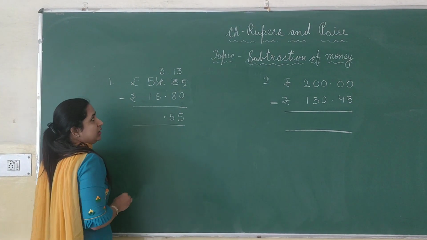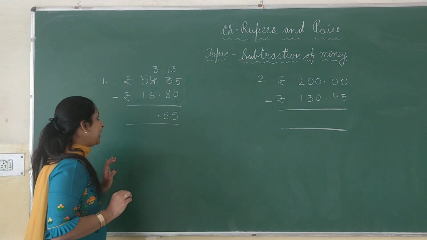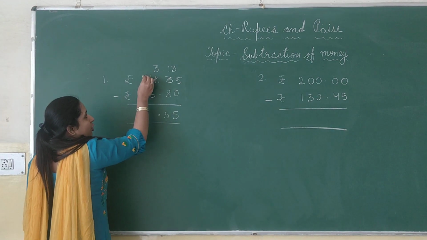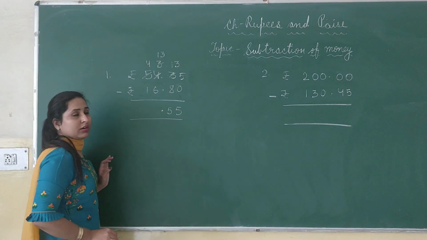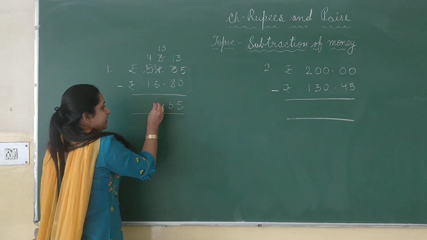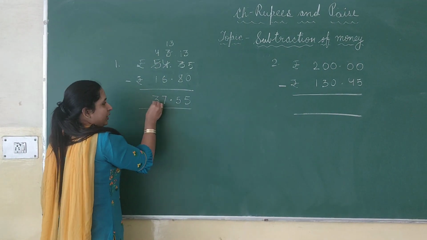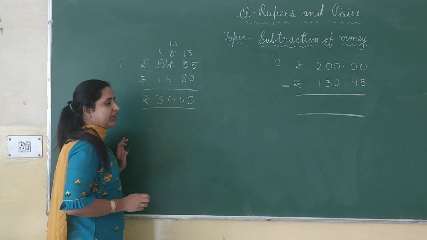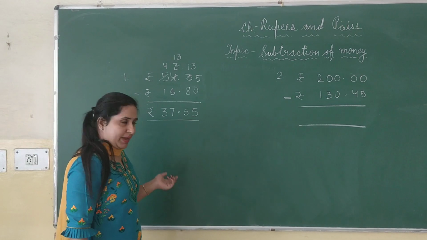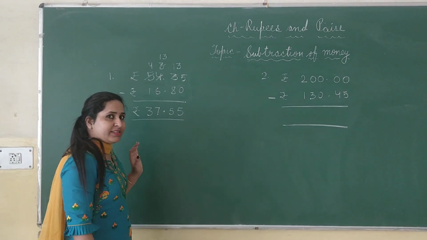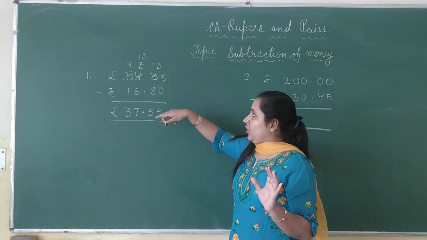Now the point symbol here. Then 3 minus 6. Again, 6 you cannot subtract from 3. So you will take a borrow. 3 will take a borrow from 5. 5 will become 4 and 3 will become 13 here. Now 13 minus 6 is 7. Now the next place is 4. 4 minus 1 is 3. Now put the rupees symbol. It is rupees 37.55, meaning 37 rupees 55 paise. Okay children? It is the same as simple subtraction. You just need to arrange the numbers properly and take care of these parts.